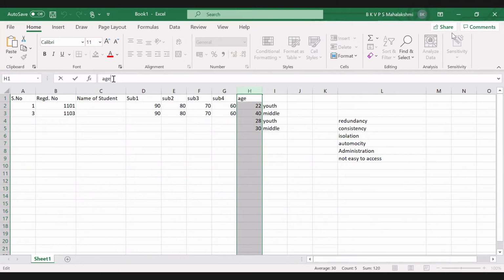What is the formula? I don't know, ma'am. Actually, this is the logic we have to apply here: an IF statement.